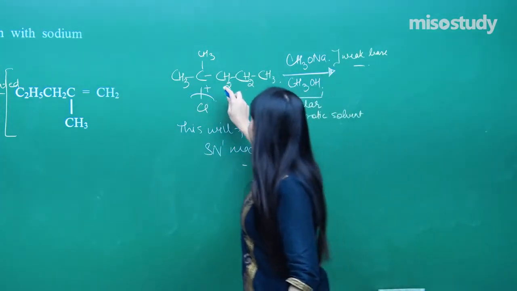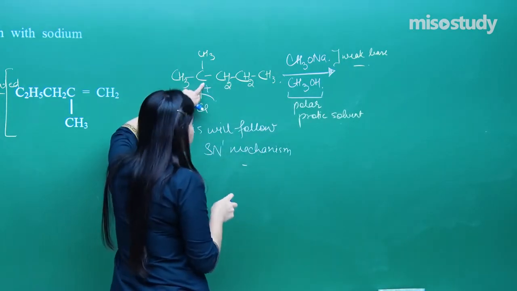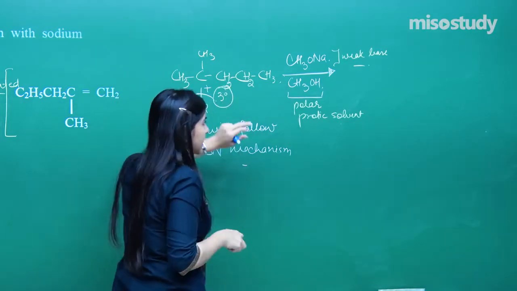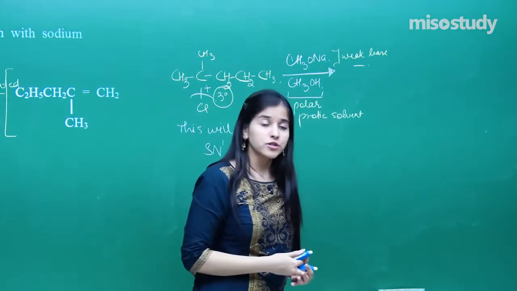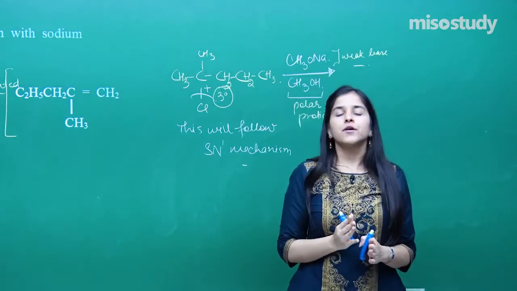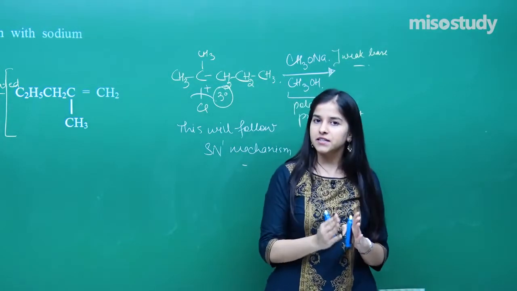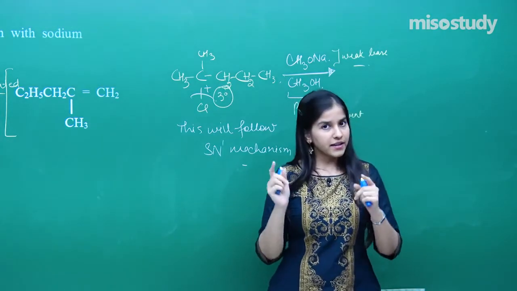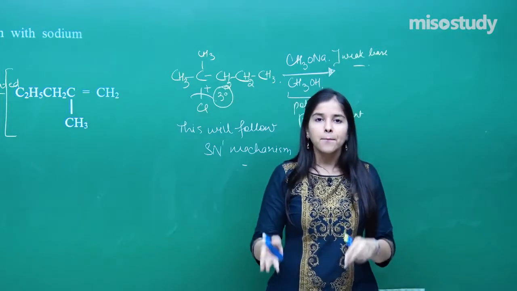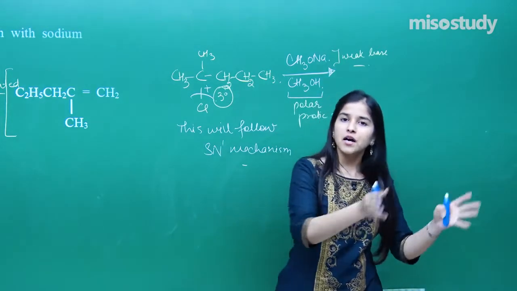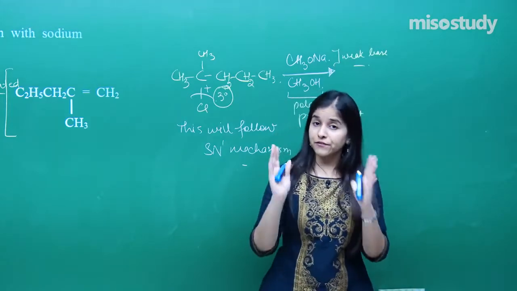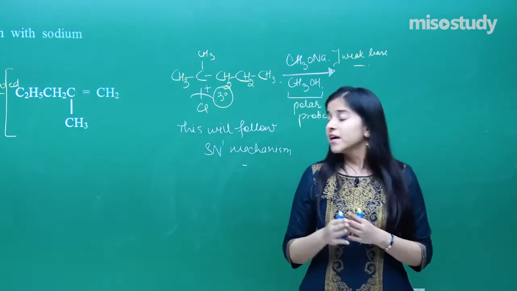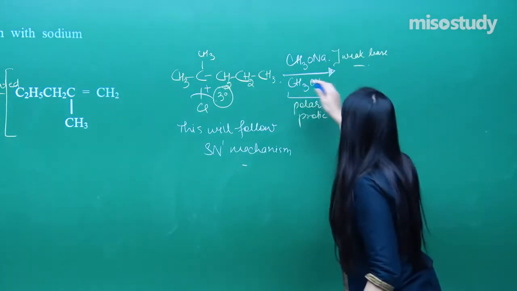So if it is trying to form a positive carbocation, which is a tertiary carbocation in this case, that means I have got how many kinds of possibilities. If you have followed my lectures, you might have seen that the nucleophilic substitution reactions as well as the elimination go hand in hand. There is the possibility of each and every reaction, but the yields can differ. Some product will be major, some will be minor, but definitely every reaction will have an eliminated product as well as substituted. That means if I have got a carbocation like this,